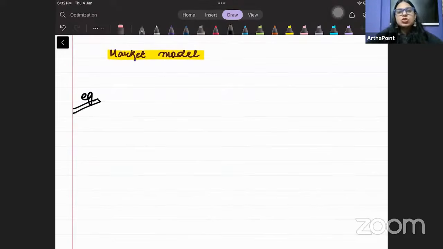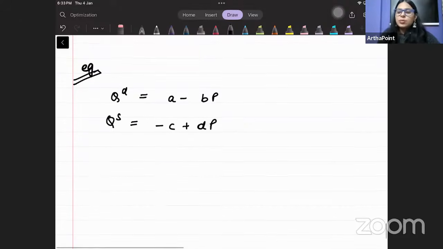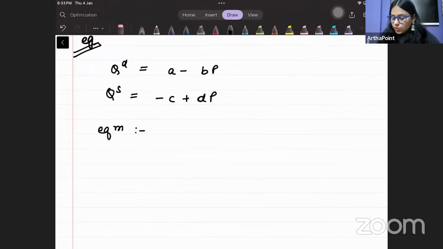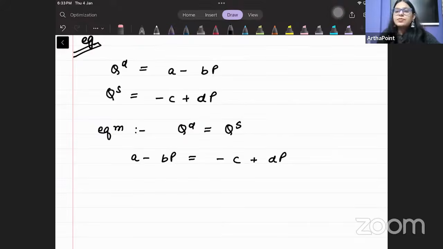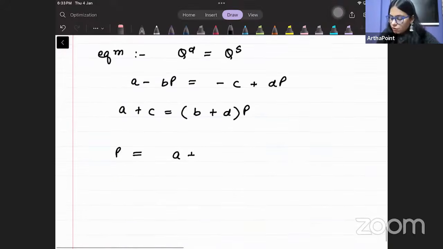अगर मैं आपको ये बोल दूं कि आपके पास दो फंक्शन हैं, एक डिमांड का और एक सप्लाई का, और उसमें हम ऐसा कर देते हैं कि हमारी जो डिमांड की इक्वेशन है वो है a माइनस bP, और जो हमारी सप्लाई की इक्वेशन है वो हमें दी हुई है माइनस c प्लस dP। तो अब क्वेश्चन ये आता है कि हमारा इक्विलिब्रियम कैसे आएगा? इक्विलिब्रियम आएगा जब डिमांड इक्वल टू सप्लाई होगी, है ना। तो हमने बोल दिया a माइनस bP इज इक्वल टू माइनस c प्लस dP। तो यहां से हमारा इक्विलिब्रियम आ गया a प्लस c इज इक्वल टू (b प्लस d) इंटू P, और यहां से हमारे पास जो प्राइस आएगा वो आ जाएगा (a प्लस c) अपॉन (b प्लस d)।